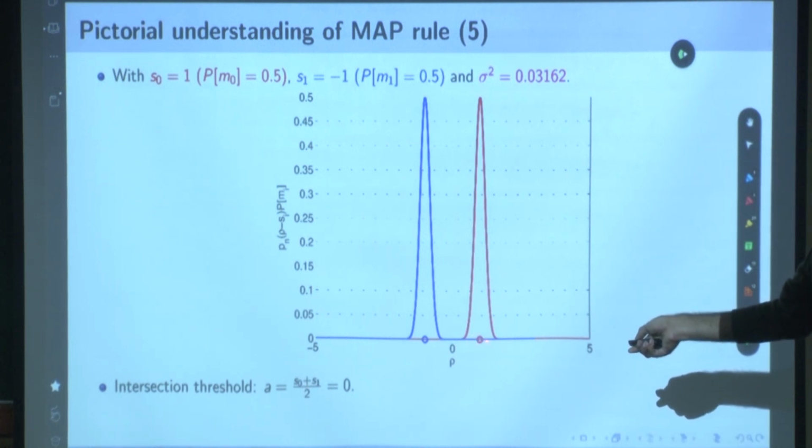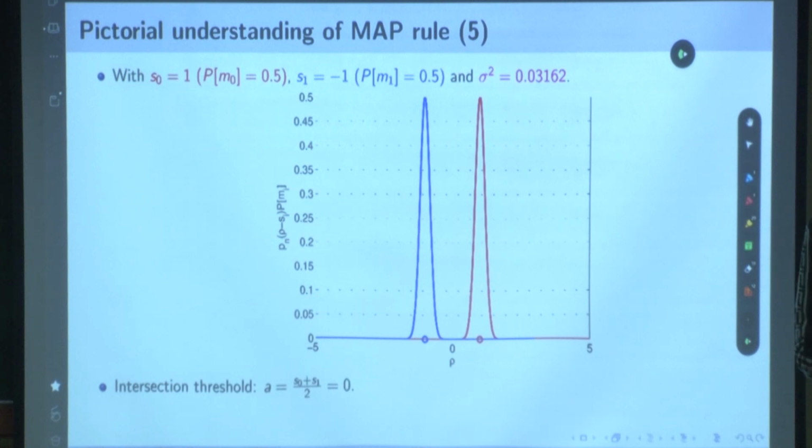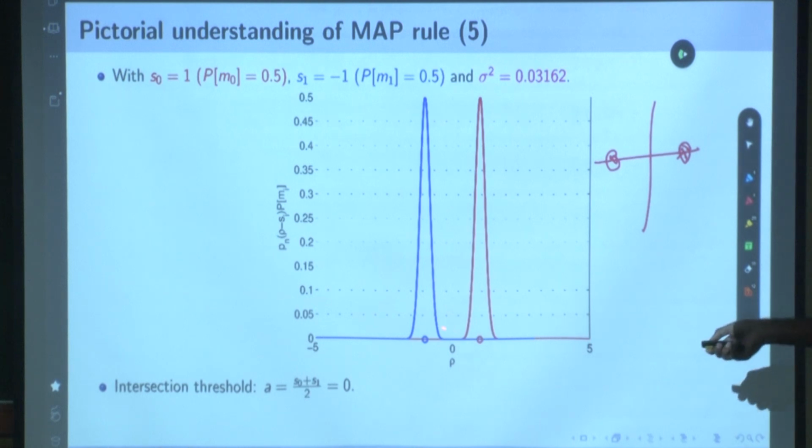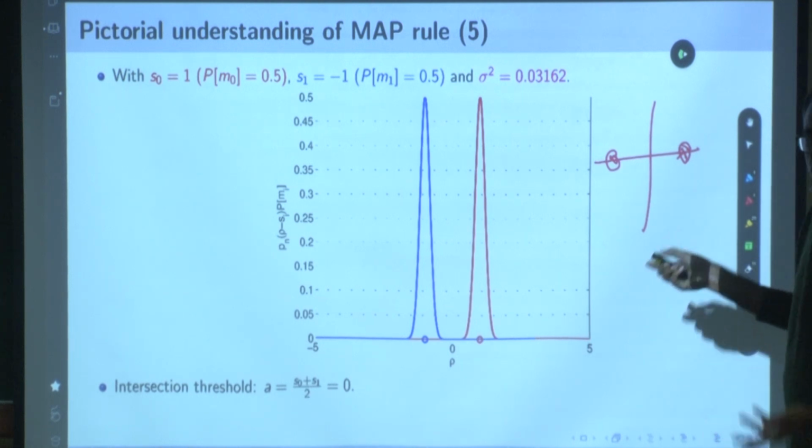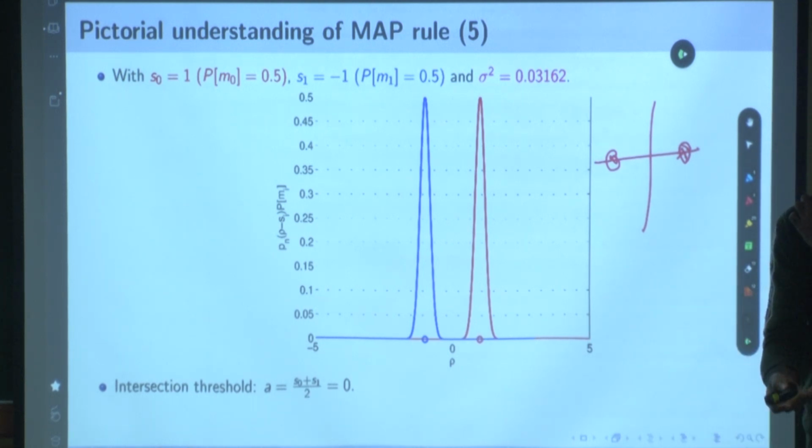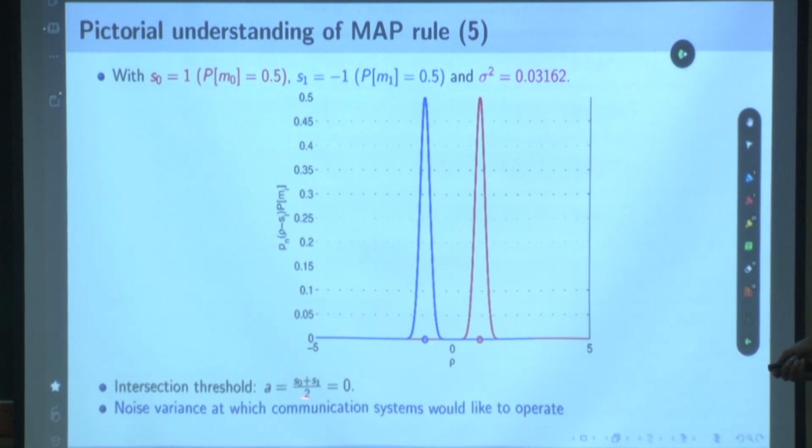Whatever you transmit, that's what you are going to receive. Even here, they'll move very little. They'll stay in this range, because look at this, the noise variance has reduced. You're never going to make an error. So this is a noise variance at which a communication system would like to operate, because you will